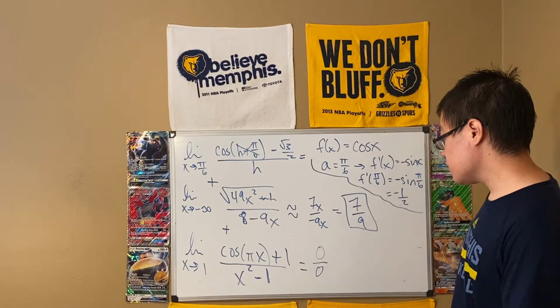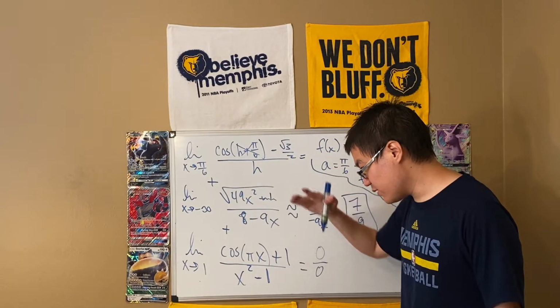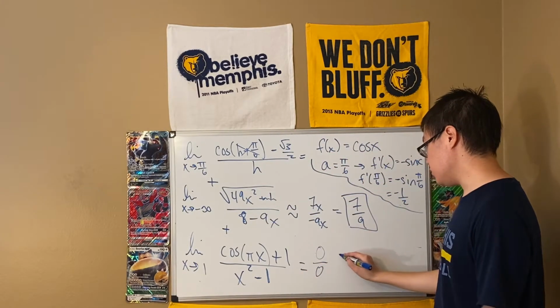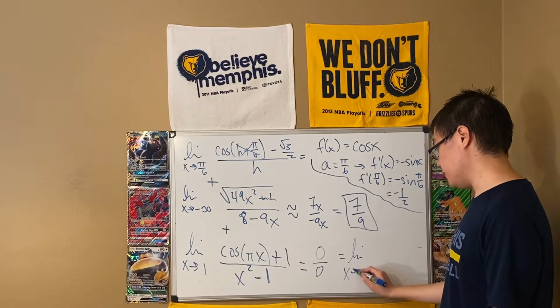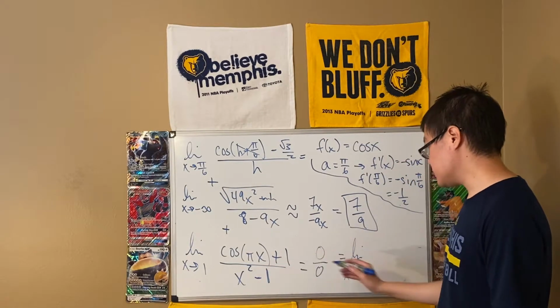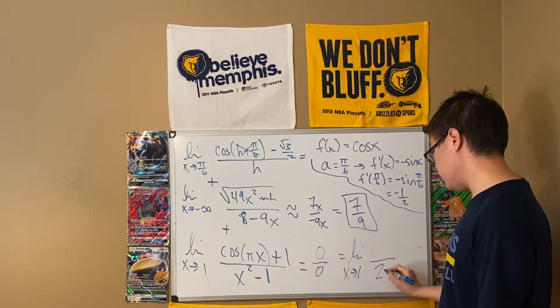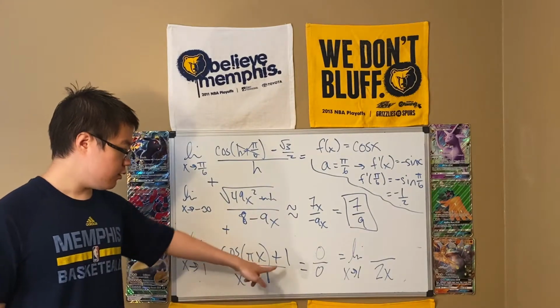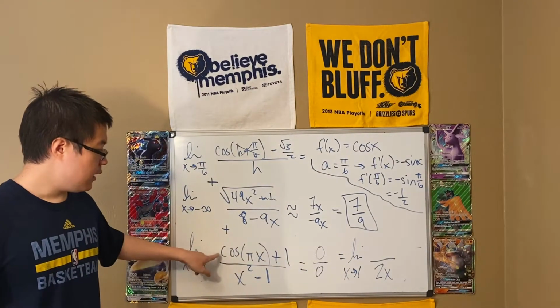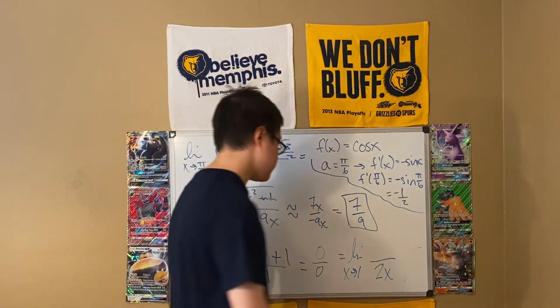So when we're L'Hopitaling that, take the derivative of the top, derivative of the bottom. The derivative of the bottom is pretty easy, so I'm going to do that first to build my confidence. The derivative of x squared minus 1, I believe, is 2x. Then the derivative of the top is pretty easy as well, plus 1, that's fine. The derivative of cosine is minus sine